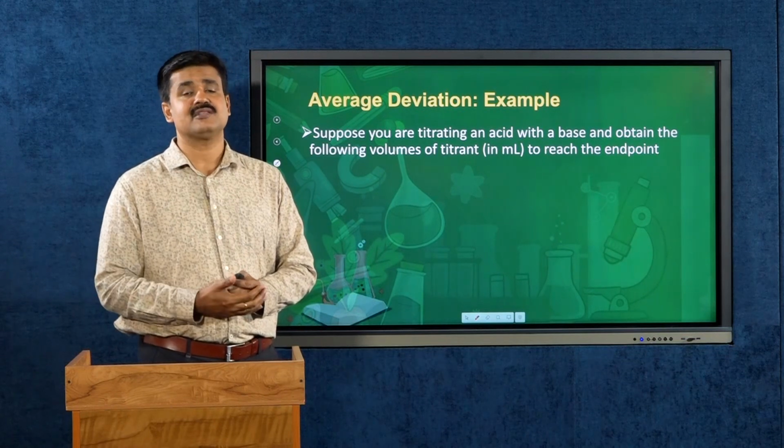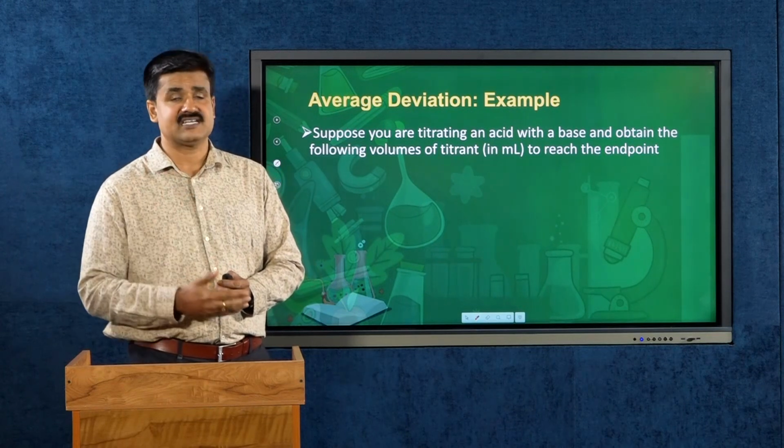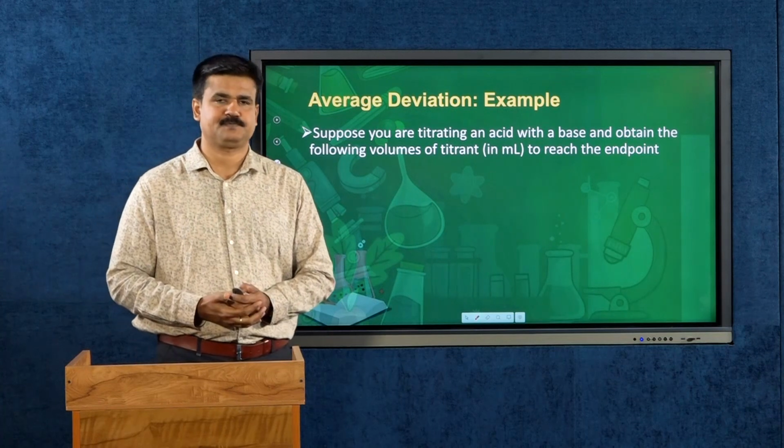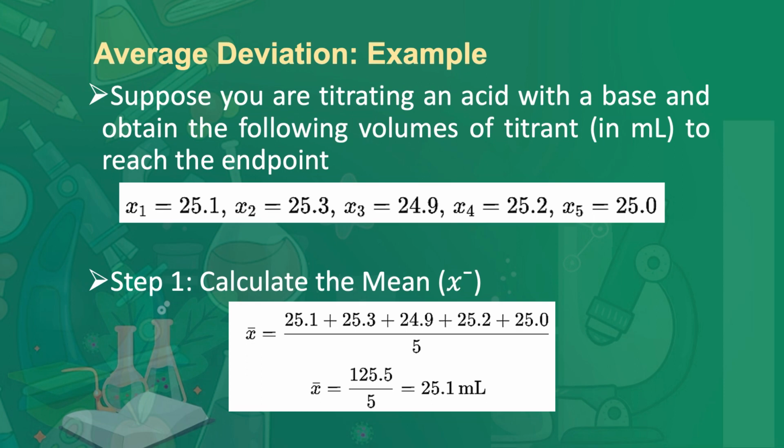Here we are finding the concentration of a solution by titrating it with another solution of exactly known concentration. Now, in this titration experiment, suppose you got these sets of values. In the first experiment, you got a volume of 25.1 ml. In the second set, you got 25.3. The next set is 24.9. The other two sets are 25.2 and 25 ml. So, you got